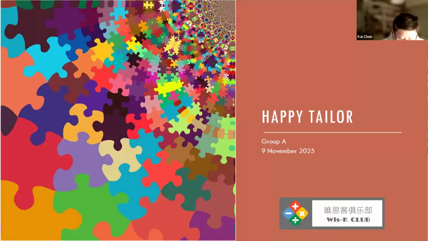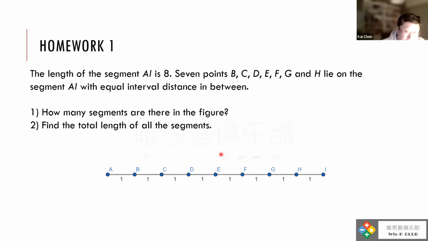Okay. So I'm going to start with the homework from last time. It seems that many of you have some difficulties, some challenges. So it's pure geometry questions. The first one, I think most of you have found the right answer, but only for some of you just